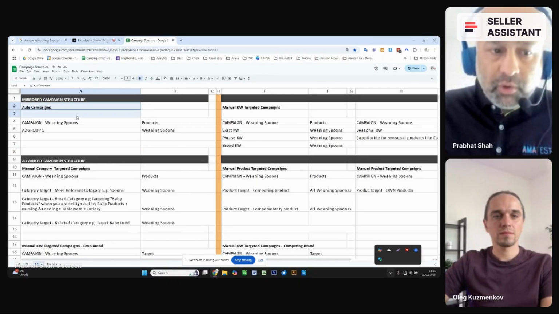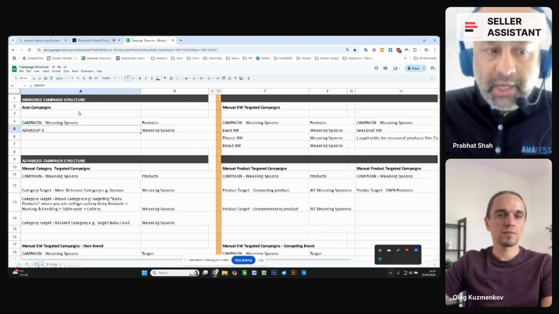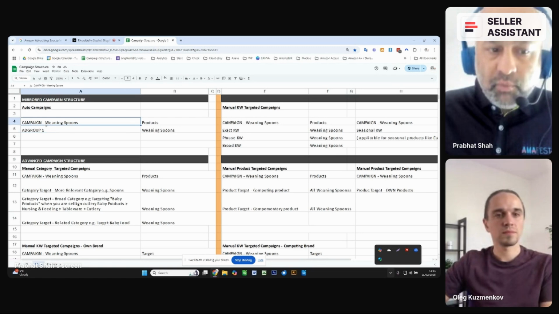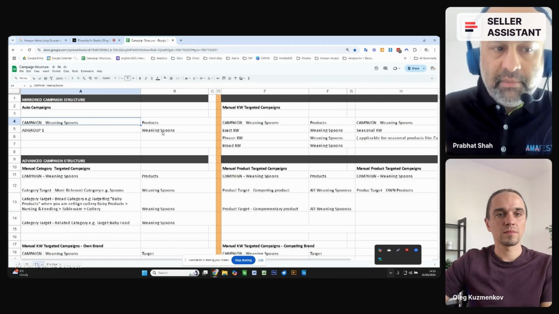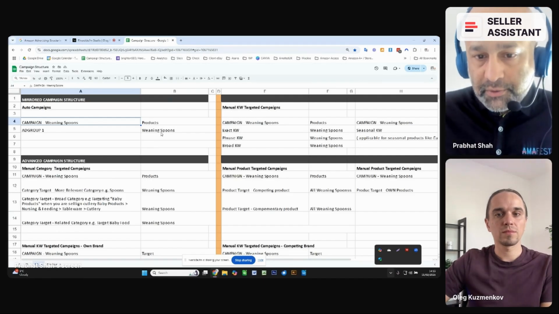If we look at auto campaigns here, we can create a campaign name with a product name itself, and then within that, we can create an ad group. This is a very simple structure in the auto campaigns. Then another campaign will have another campaign name with another product name, and you will put another product inside that. So you've got different campaigns for different products.